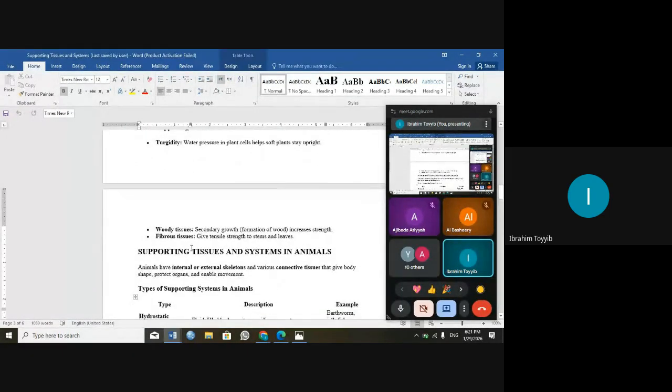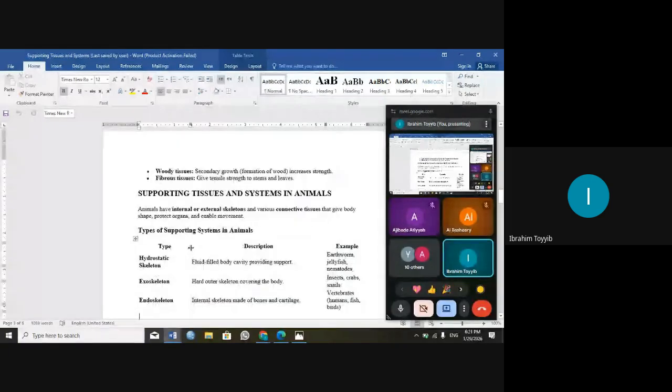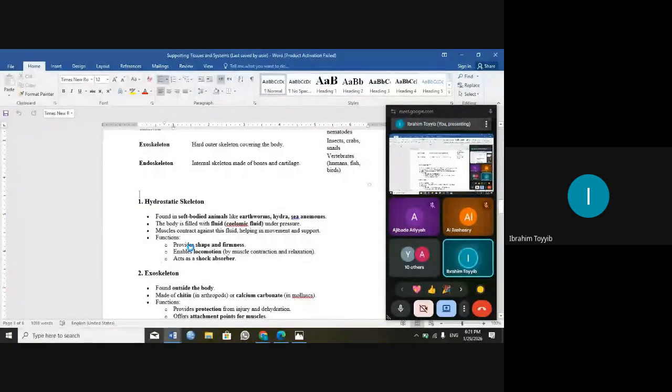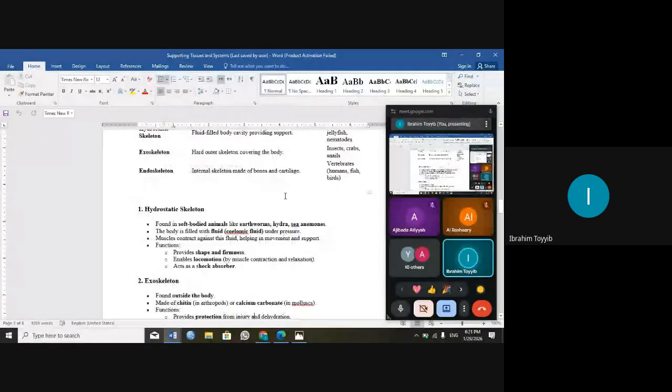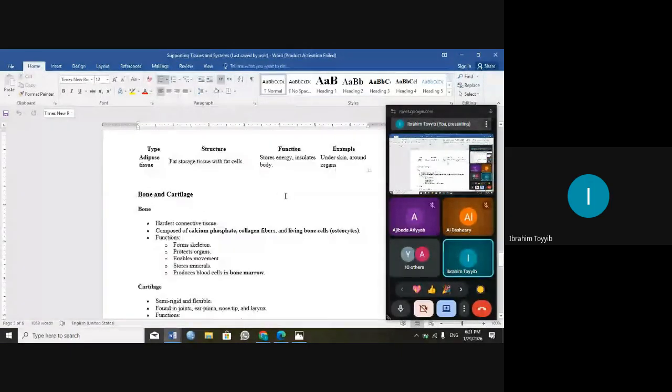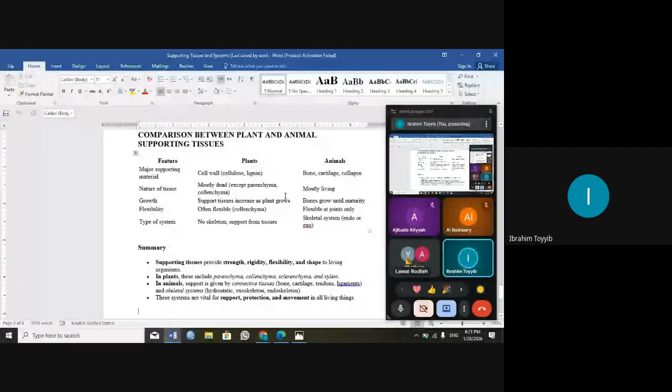So now, before we move to the next topic, next class, we'll quickly look at supporting tissues and systems in animals. So we can move to